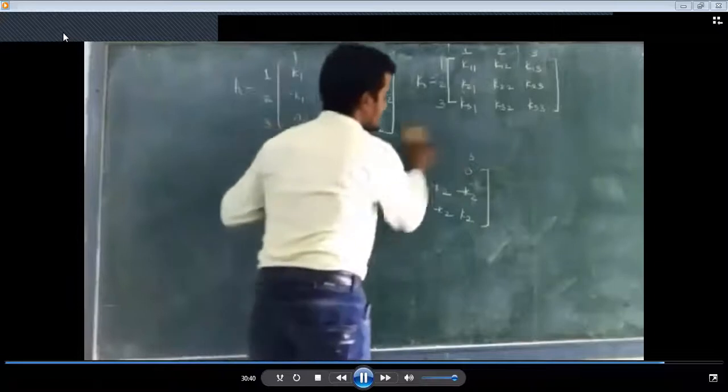Means first we need to construct elemental stiffness matrices, then by adding these two elemental stiffness matrices you will get the global stiffness matrix. So this is your global stiffness matrix K: K1, minus K1, 0; minus K1, K1 plus K2, minus K2; and finally third row is 0, minus K2, K2. So this is your global stiffness matrix for two elements.